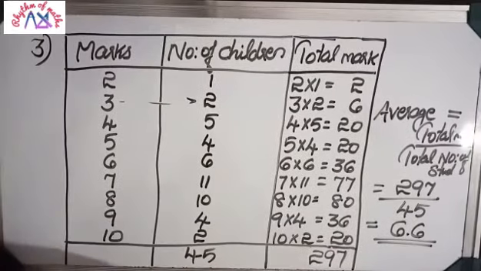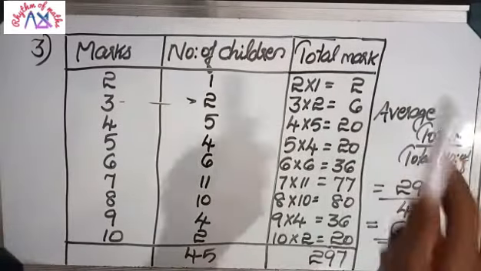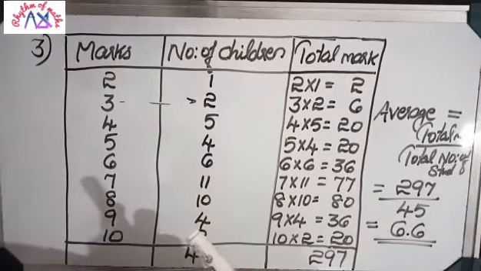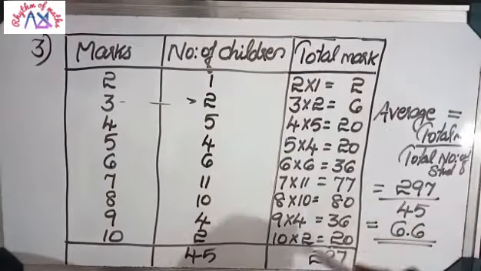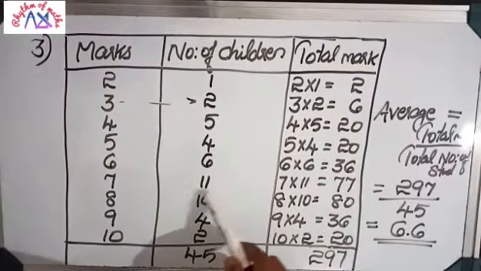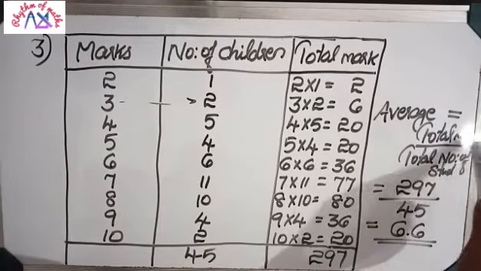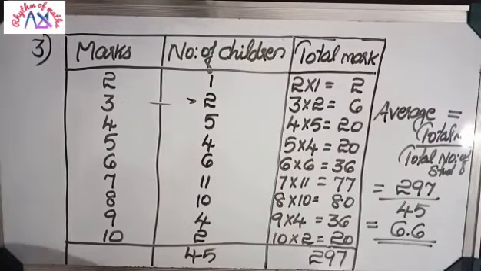Hope you understand. Average means total sum; the equation is the same, sum by total number. Here sum means total marks. Third column divided by second column, total mark divided by total number of students. Very easy one but very important one. I am repeating, a similar question you have to do in 10th standard. So listen carefully and learn properly. Now let's move on to the next questions.